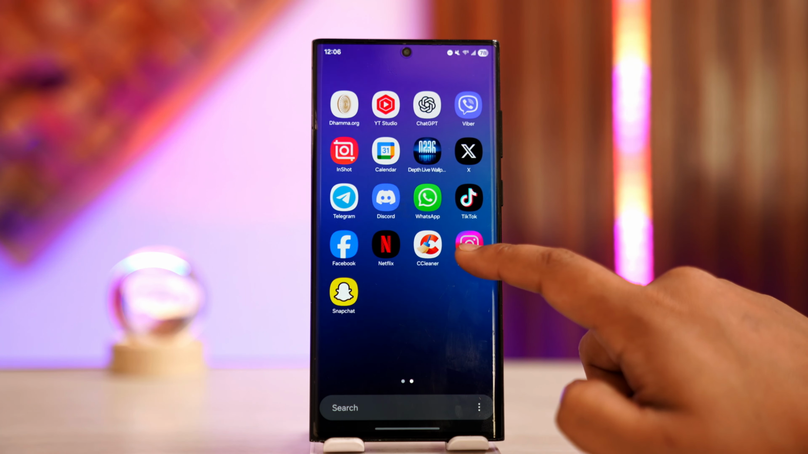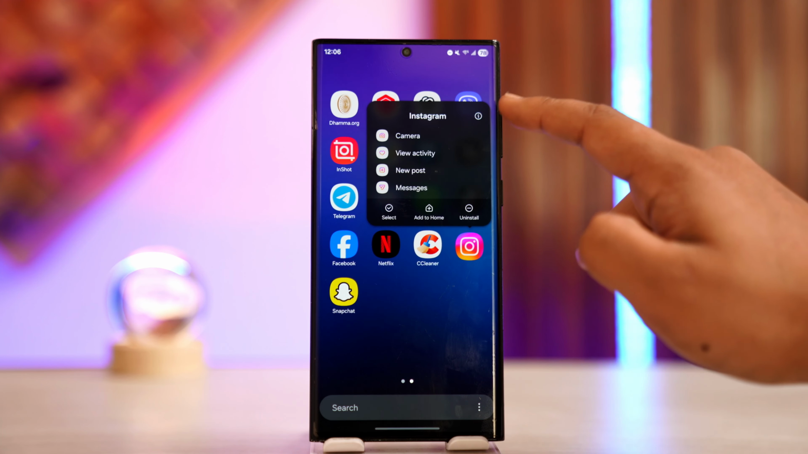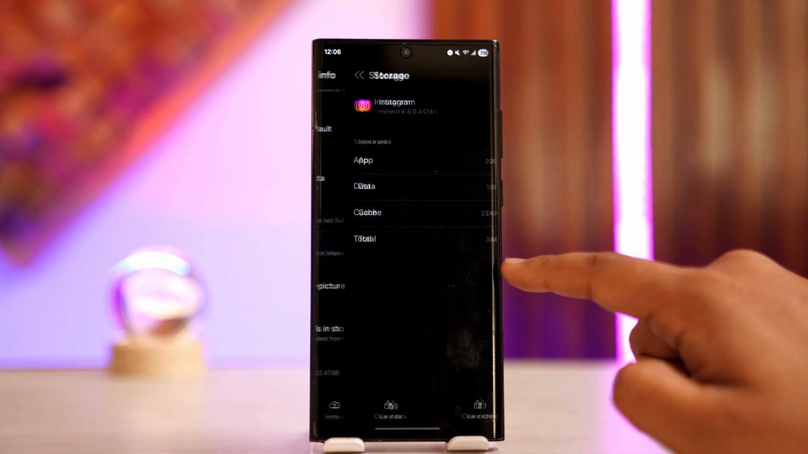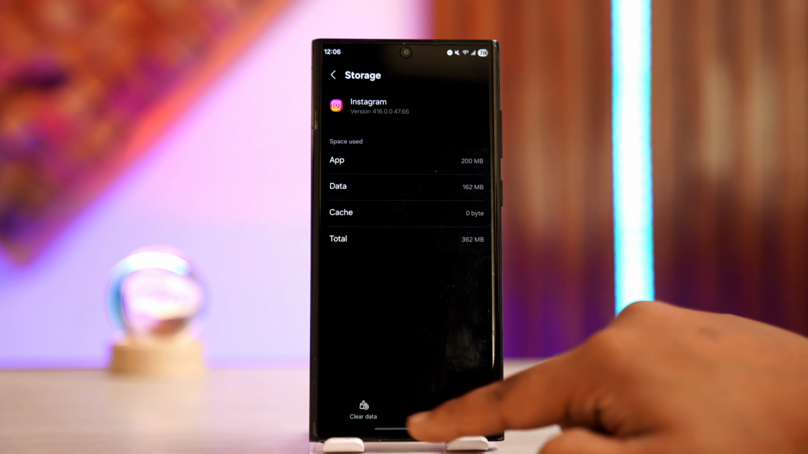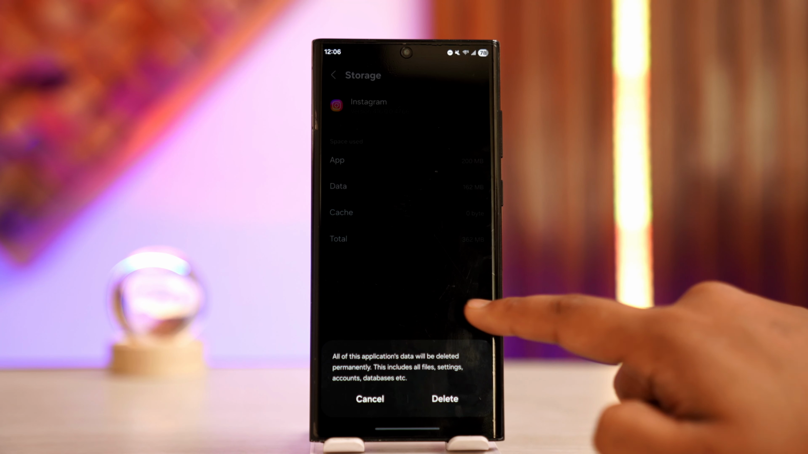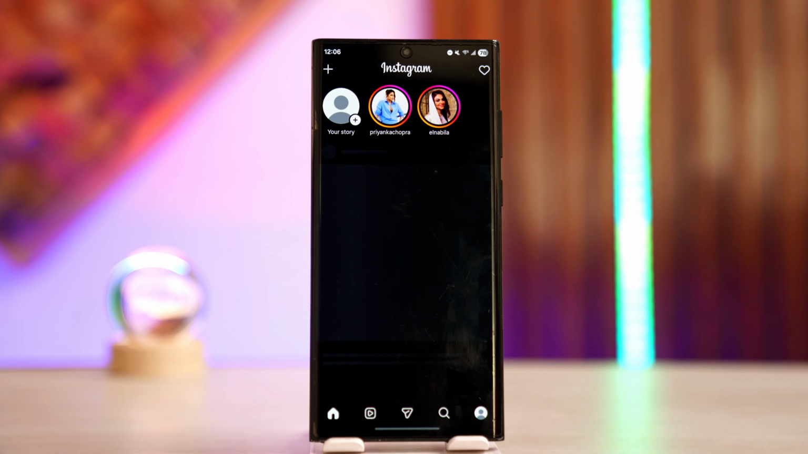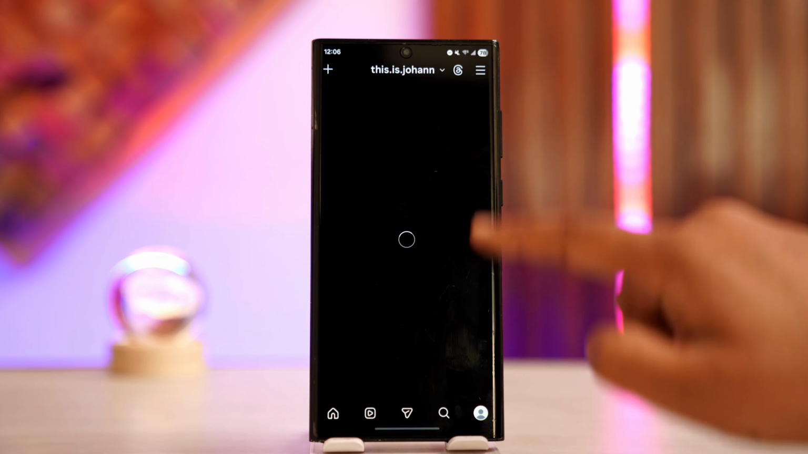is long press the Instagram app if you're using Android. Tap this I button to come to the app info page, and from here you can scroll down to storage, where you can clear the cache files and you can clear the data, which will reset the app, by the way. Once you've done that, go to your Instagram app and go to your profile,